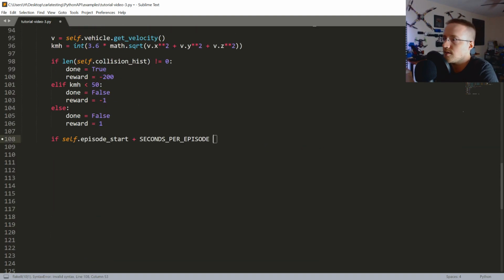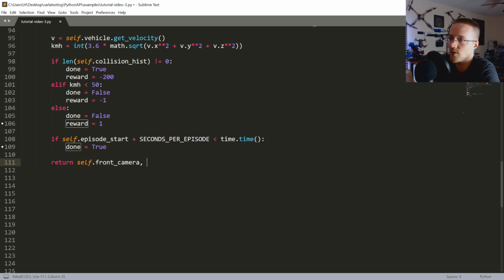If episode_start plus SECONDS_PER_EPISODE is less than time.time(), then we're going to say done equals True. Cool. So finally, the last thing we're going to do here is return